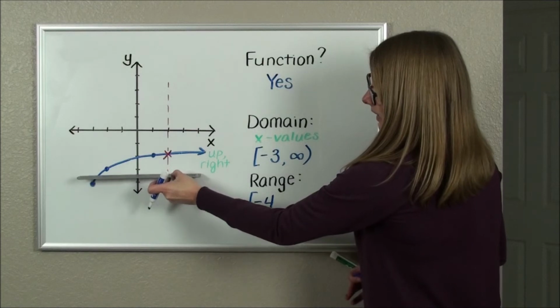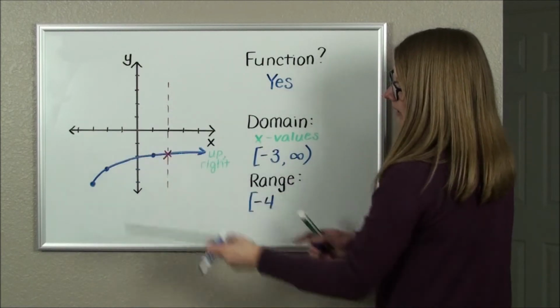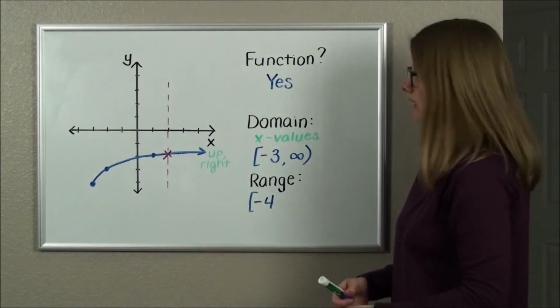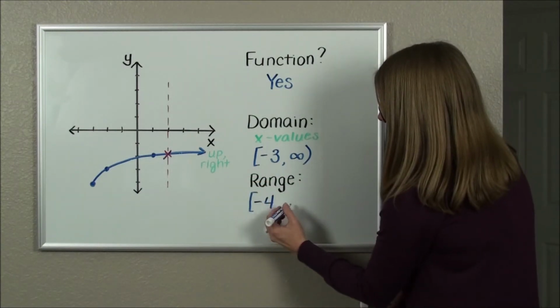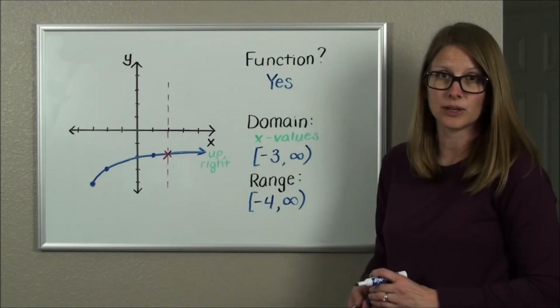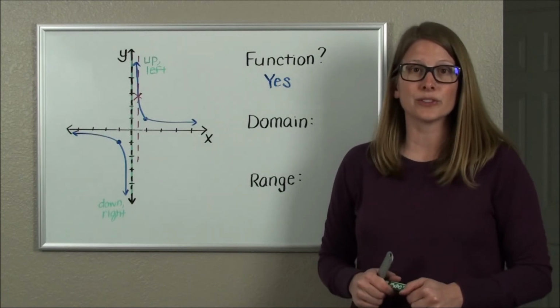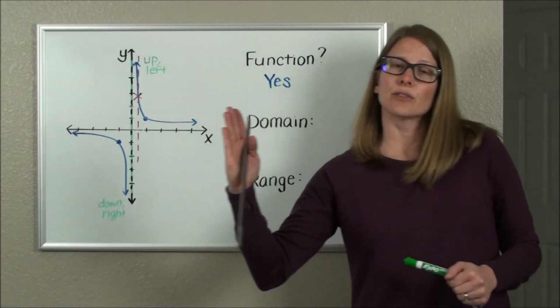And then as I scan up, I might not visually see a picture up here, but I know that that arrow tells me I do continue to go up. And so my range, which is my y values, will continue up to infinity. Okay, so one last time as I look for the domain and the range, again, the interval from left to right, the interval from bottom to top,